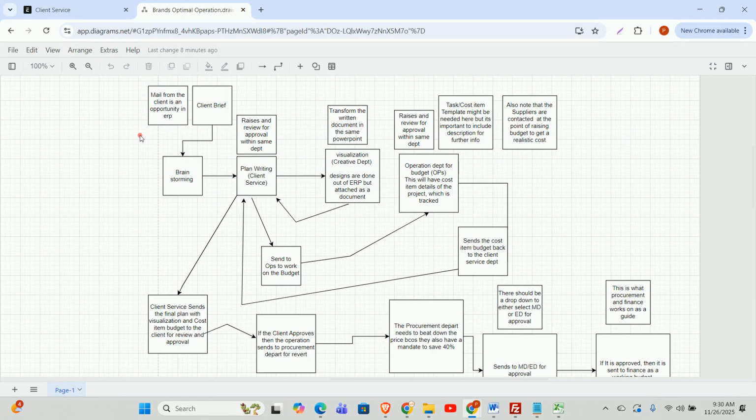So we are looking at the situation whereby there is a client brief through to the execution aspect. It starts with an opportunity, that is, a client brief is being sent to Brands Optima through different channels. Regardless of the channel involved, let's look at an example: a mail is sent by the client,